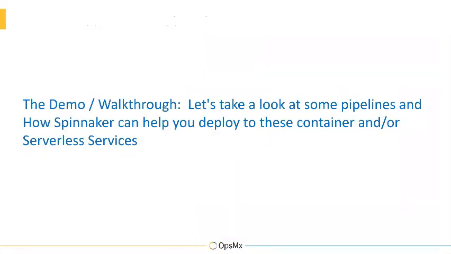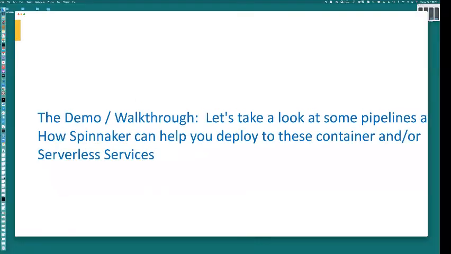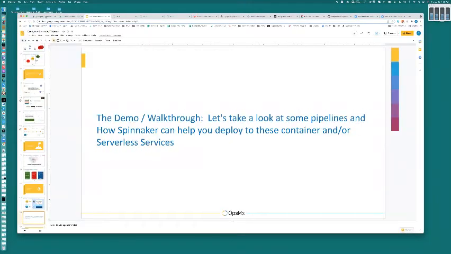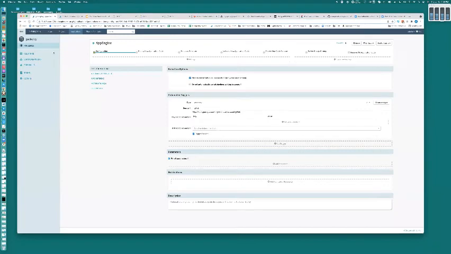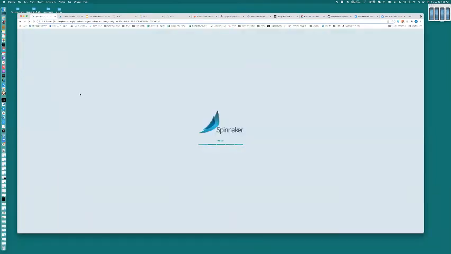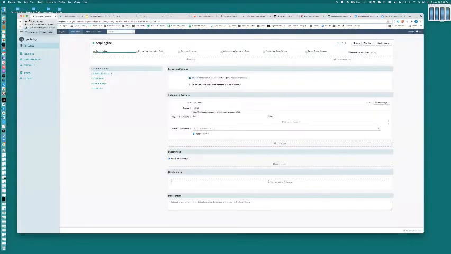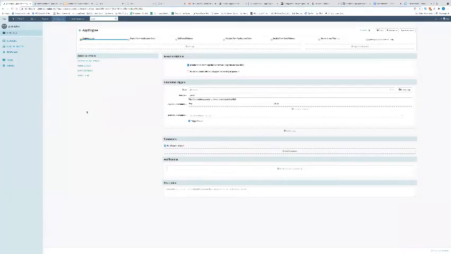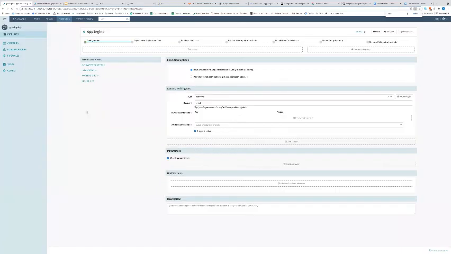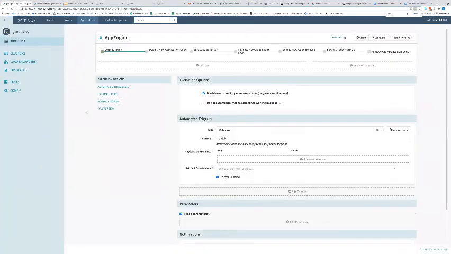So what I want to do next is take you through a couple of pipelines that I've put together. And I use these pipelines from time to time, depending on the customer situation. Whenever I do one of these webinars, I love to do a walkthrough of a couple of these pipelines, so you can see this thing in action. So let me go ahead and make sure I enter full screen, and then I'm going to make this a little bit bigger. I have a large monitor, and so hopefully that's a little easier to see.